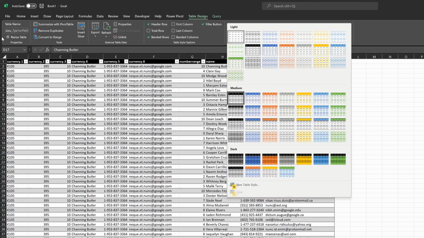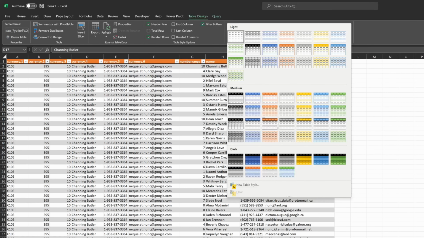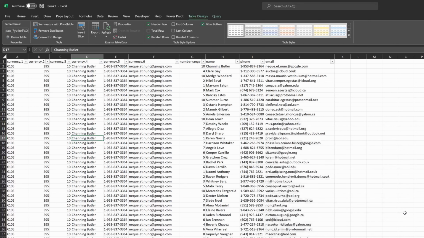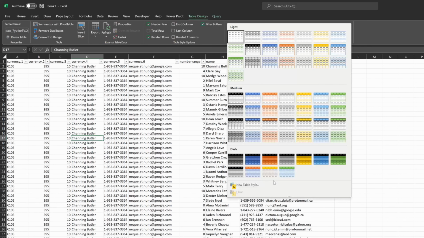Now we can do anything we want here. If this isn't enough, here you've got New Table Style. This can change every single option of the table. But this is a lot of work, and we've already got plenty of correct templates. So let's select one layout,